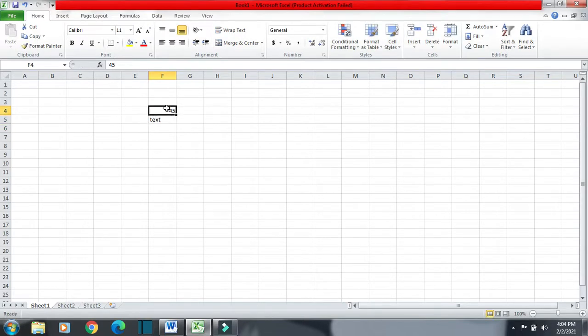You can see the numbers are right aligned and text is left aligned in a cell. Here we can write a formula also, for example, equal to B2 plus C2. So here I have placed a formula, equal to B2 plus C2. So in a cell we can enter text, a number, or a formula.